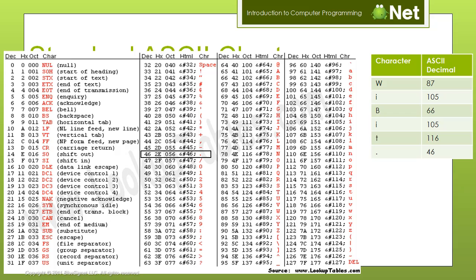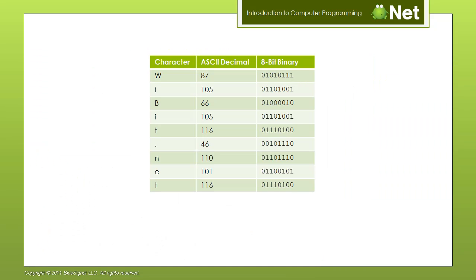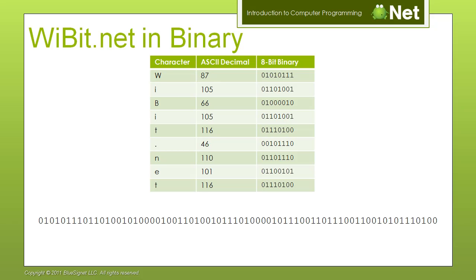The period character, 46. The N character, 110, and the E, 101, and lastly, T, which is 116. And now we'll convert that to binary. So the next thing, like Brian just said, is we'll go through character for character and make an 8-bit binary string for each character. So WIBIT.net equals these numbers, which equals these binary strings, which when we concatenate, that's what